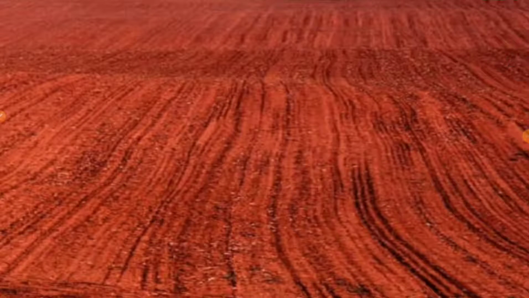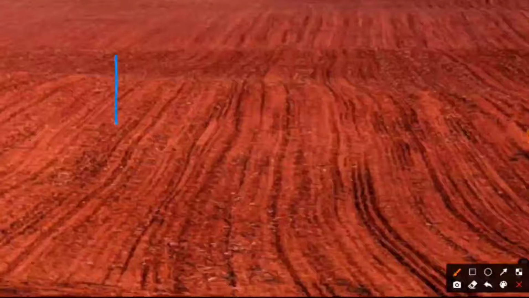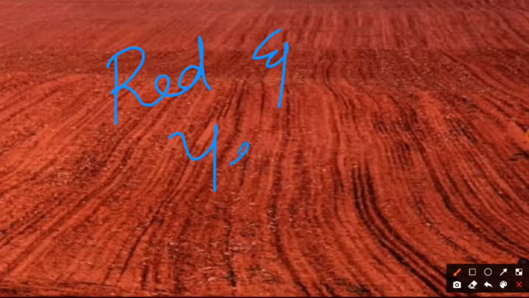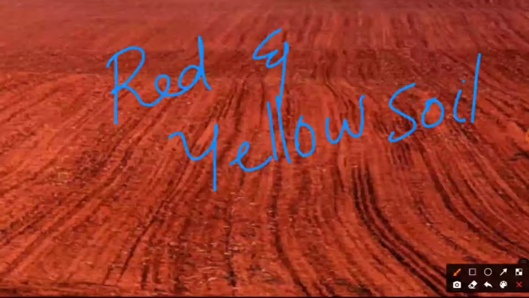Another type of soil is red and yellow soil. Red soil develops on crystalline igneous rocks in areas of low rainfall in the eastern and southern parts of the